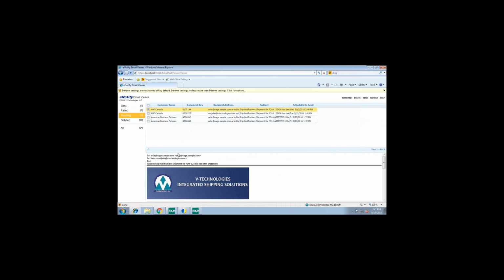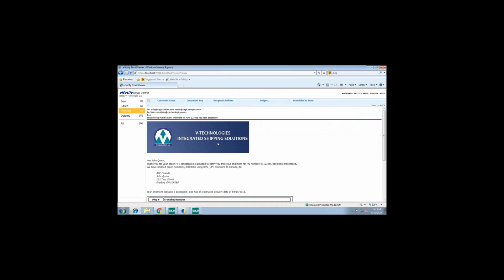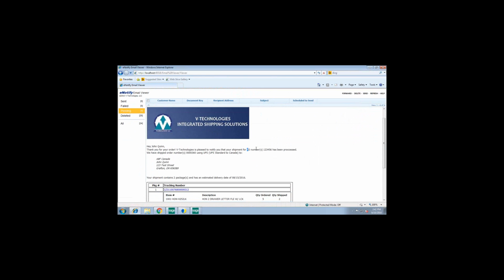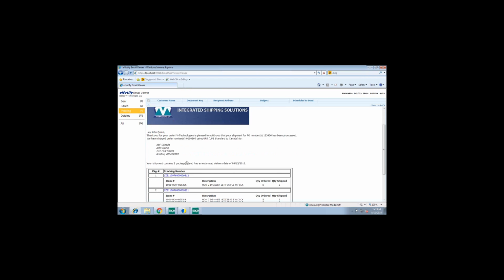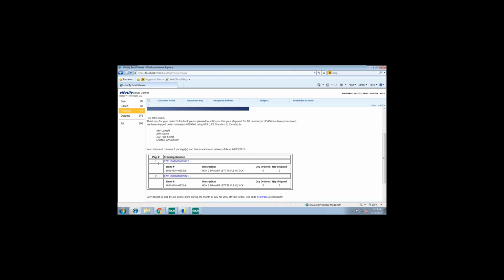Get the shipping information out to your customer. I'll just quickly show you. I have one nice thing: you put your company logo on there, build your brand awareness. But easily let your customer know stage fields like PO number, sales order number, how it was shipped, of course where it's going to, item to box breakdown with hyperlink tracking numbers, estimated delivery date coming from the carrier so